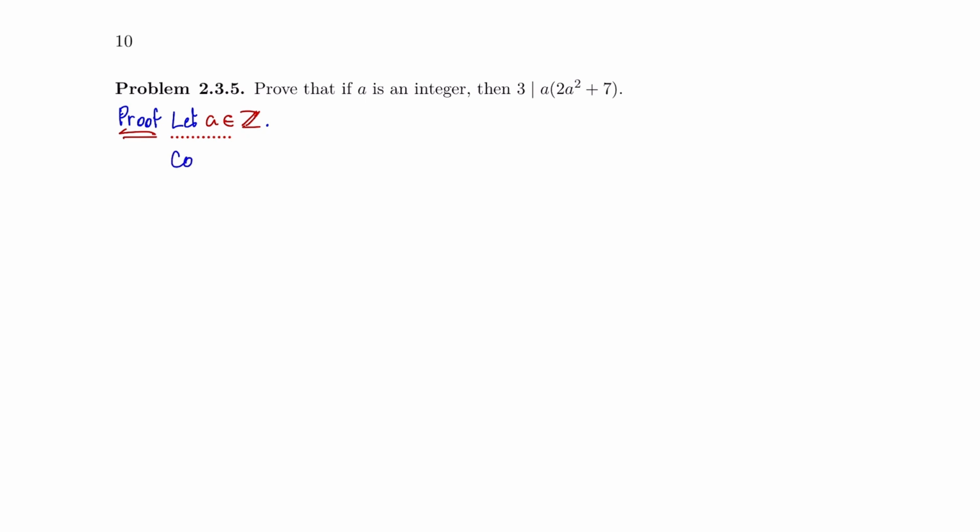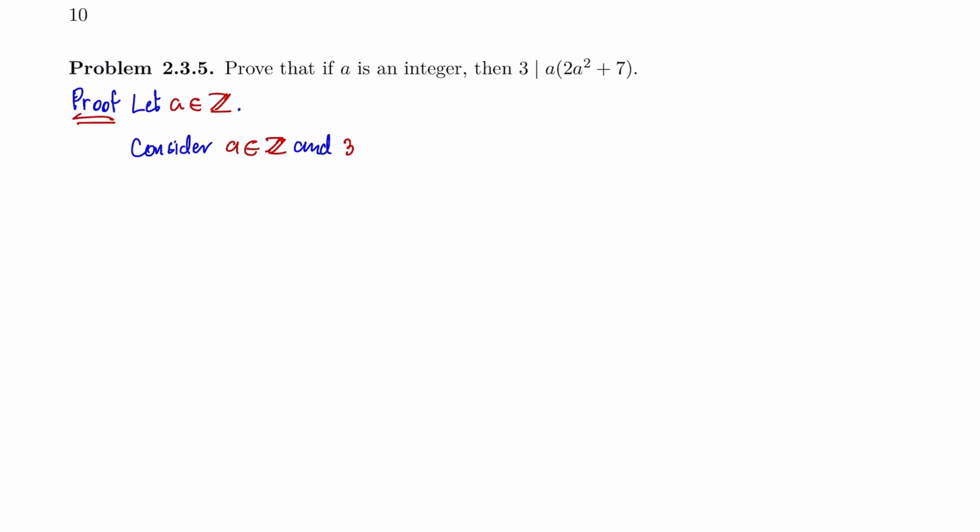So we have to consider integer a, and I want to consider a and 3, because we want to show that 3 divides a times (2a squared plus 7). So by the division algorithm,